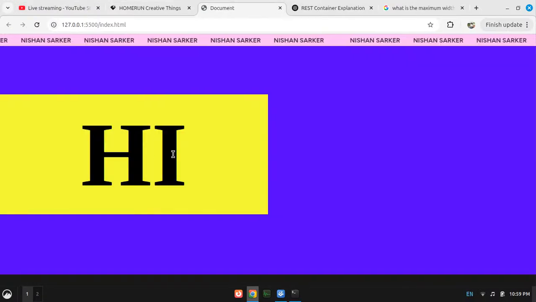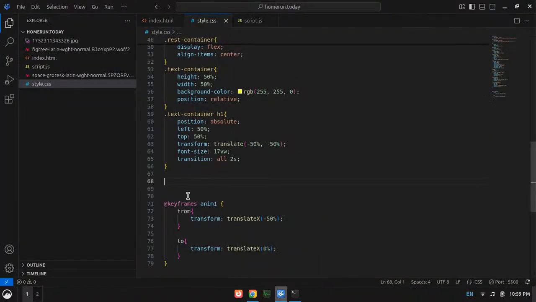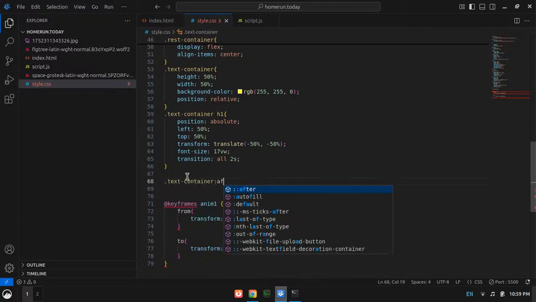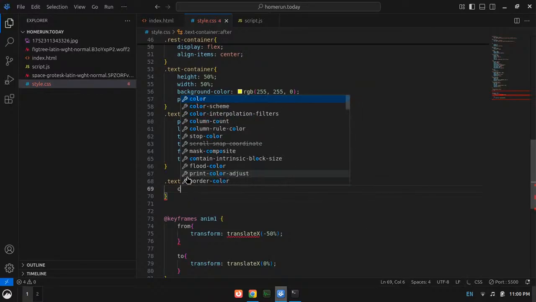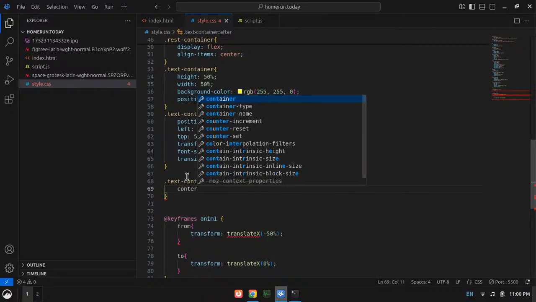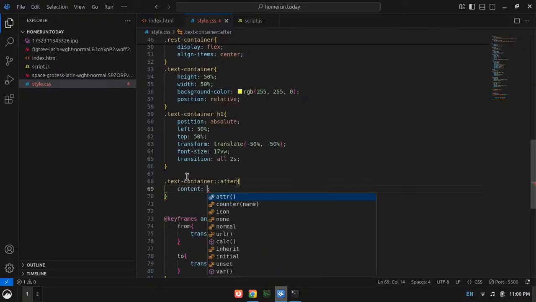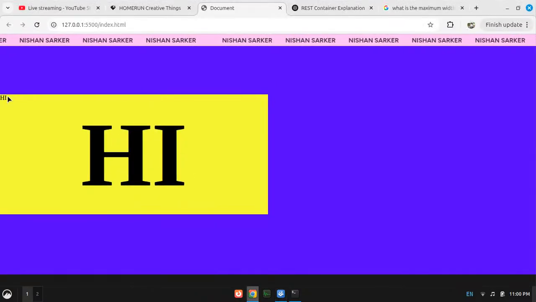Okay, I am actually currently stuck in this animation. What should I do? I need an after element for the text container, right? Okay, then what will I do? There will be content, let's say, hi. There it is.